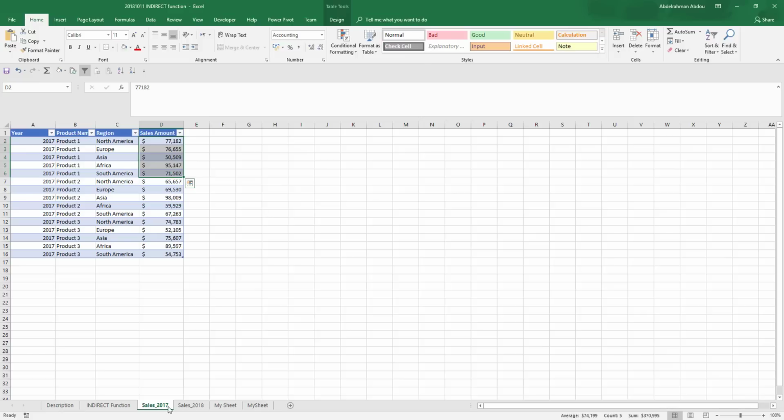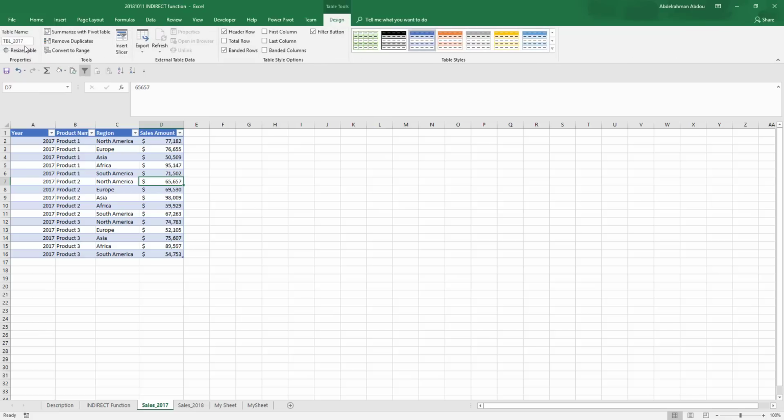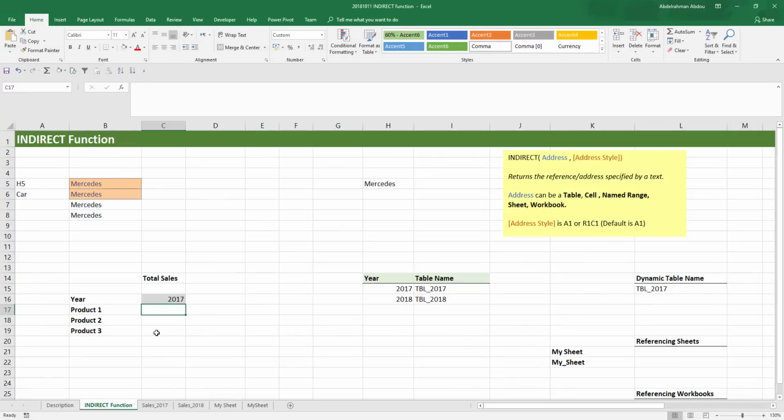So let's say I've got two data tables here. I've got this data table that contains the sales for 2017. It's in the sheet Sales 2017 and its name is TBL_2017. And I've got another table here that is named TBL_2018 in the sheet Sales 2018. And let's say I want to get the total sales for product 1, product 2, and product 3 for the particular year that I select from this drop-down menu. So if I select 2017, I get the sales for 2017, and if I select 2018, I get the sales